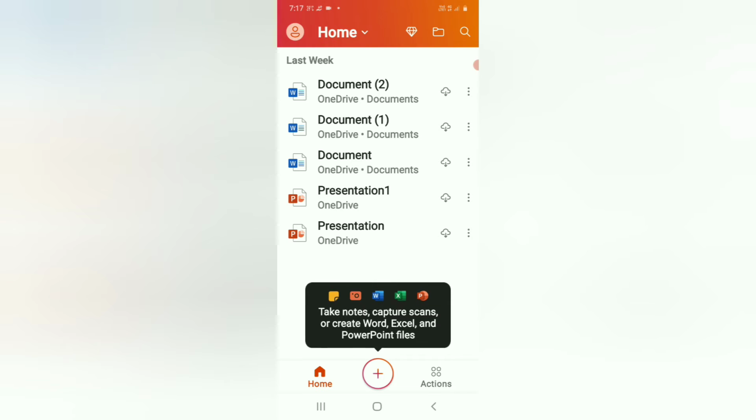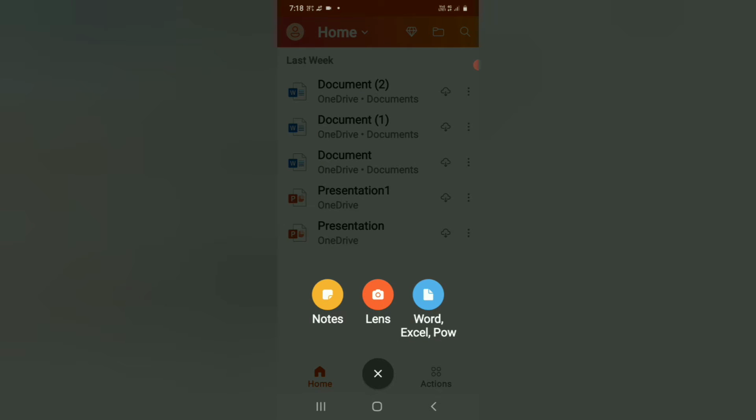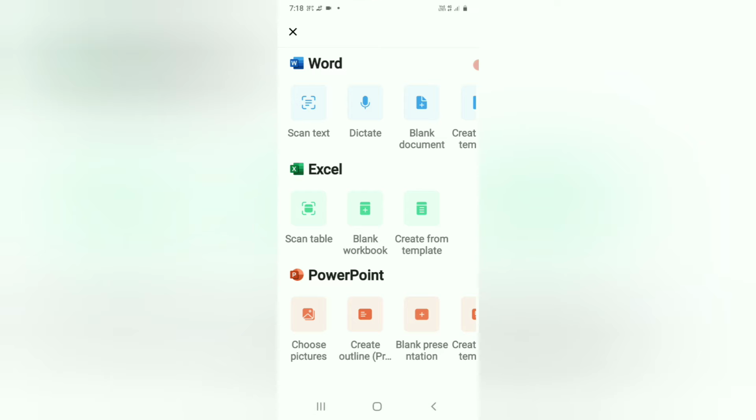Click here, take notes, capture scans, or create Word, Excel and PowerPoint files. Click here, then go to the blue icon that you can see. So here are the main things that I can see. There is Word, there is Excel, there is PowerPoint.